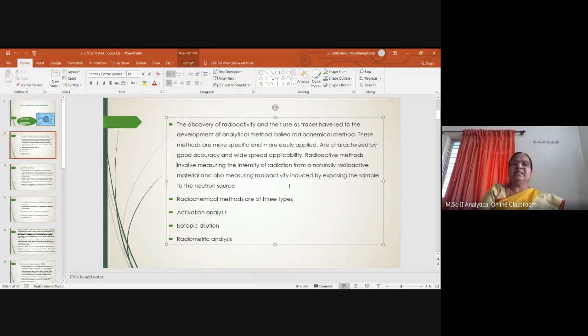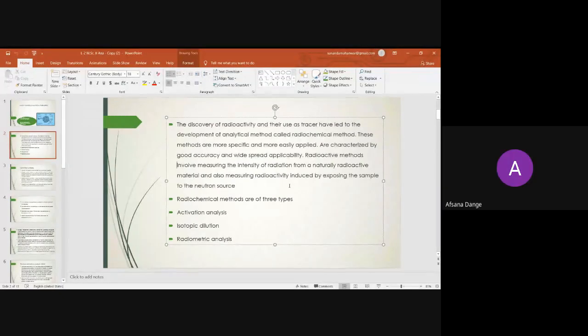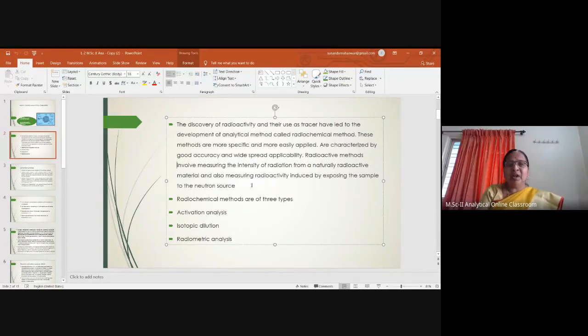In these methods, besides the radiations emitted by radioactive material, we can also bombard neutrons onto a material which is not radioactive, and make it radioactive so that it emits radiation. And by measuring the intensity of this radiation, by measuring the decay rate, or by measuring the half-life period of that element, we know